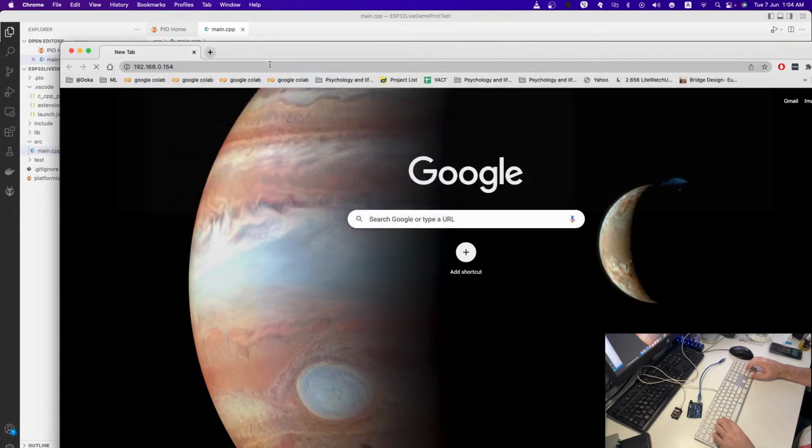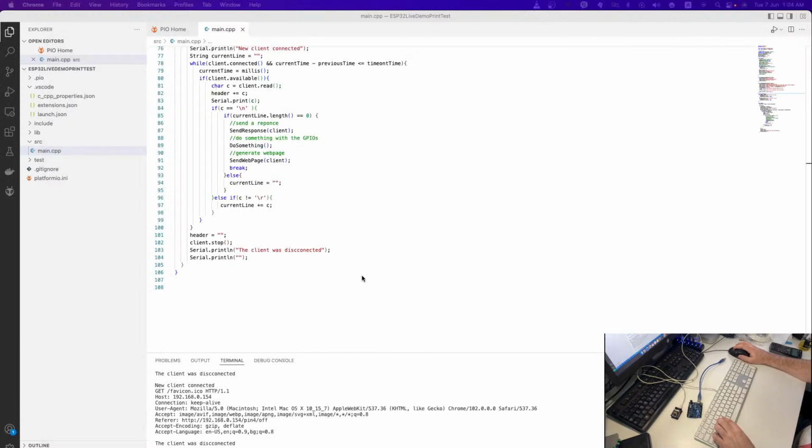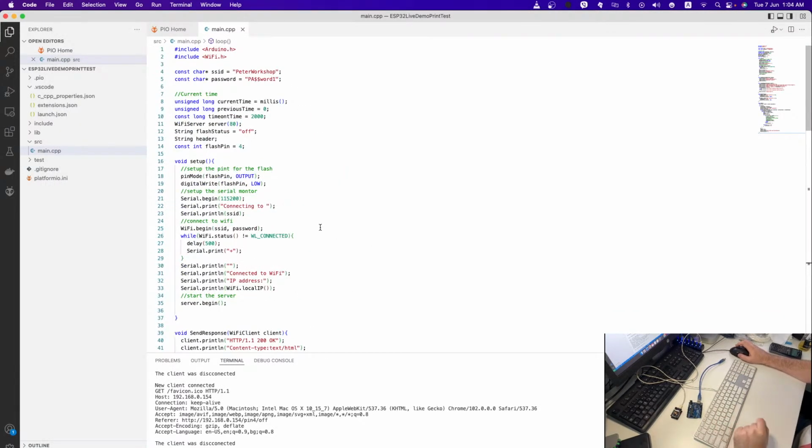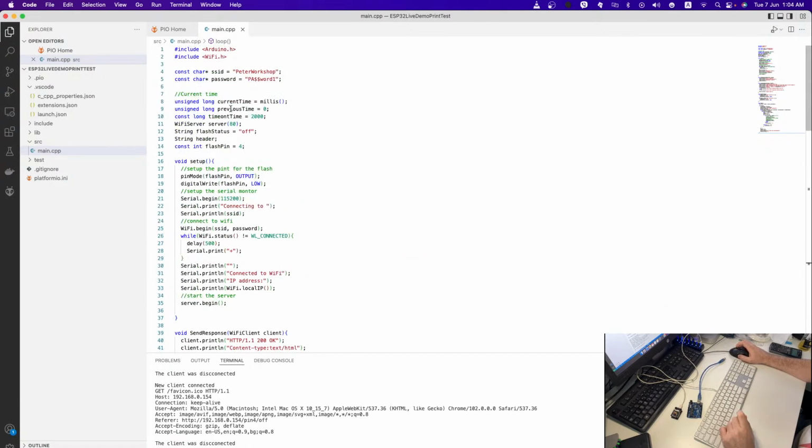We can just go to the IP address, and it generates a page where I can just press the button, turn on the light, and then turn off the light from it. But the point of the demo was to show you how to upload, how to see the results in the terminal, the output in the serial monitor, and then to point out these two differences,